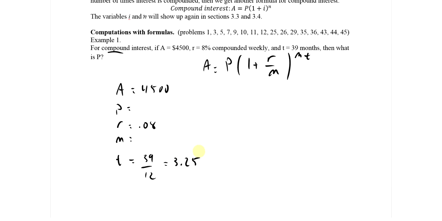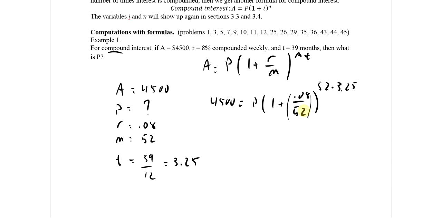So 39 months is 3 years and 3 months. And M is compounded weekly, so that means 52 times a year. So plug everything in. The only thing we're missing is P. So 4,500 equals P times (1 plus 0.08 over 52) to the 52 times 3.25. Generally, if you're putting this in your calculator, calculate that first, add the 1, and then raise to this power. Make sure you put parentheses around that so the calculator knows that 52 times 3.25 is